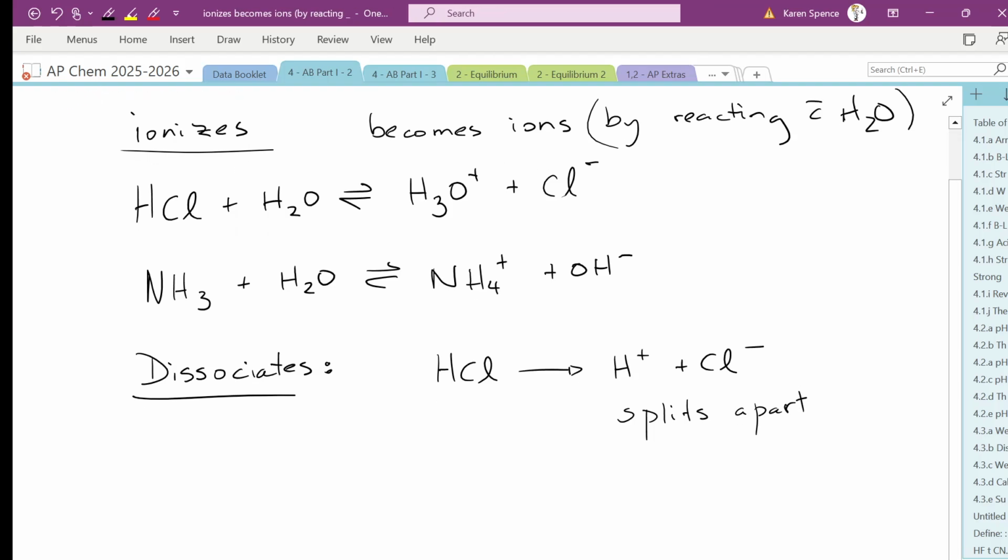And there are times when something can be said to dissociate and it doesn't form ions. There was a question, I think, in the equilibrium section where we had N2O4 gas became two NO2 gases, and that was also dissociating. But usually we mean either an acid is dissociating or some other ionic compound is dissociating into ions. That's usually what we mean.